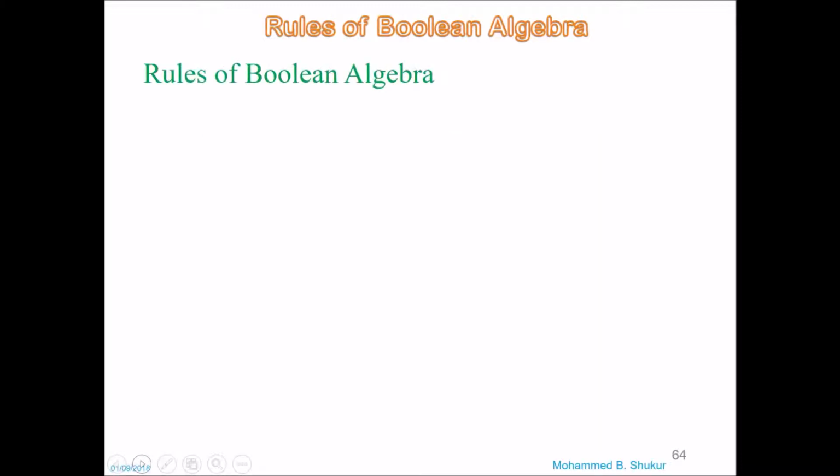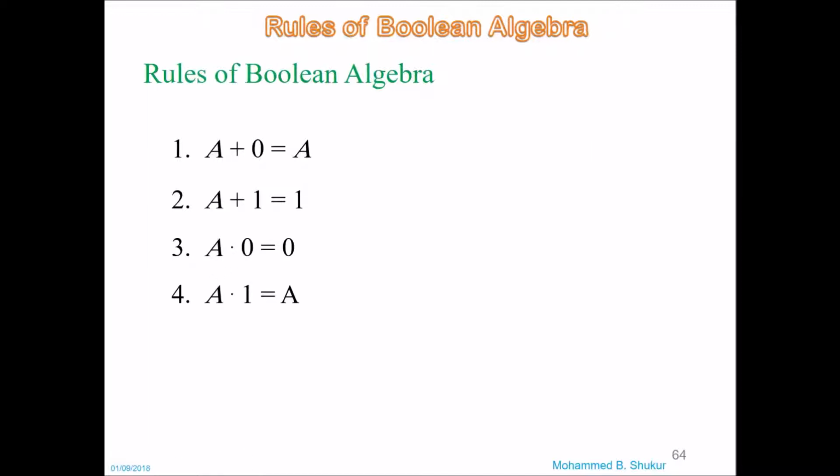The rules of Boolean algebra: we have 12 different rules, so I'm going to explain these rules step by step during this lesson. So this is rule 1, A or 0 equal A. Rule number 2, A or 1 equal 1, A and 0 equal 0, A and 1 equal A, A or A